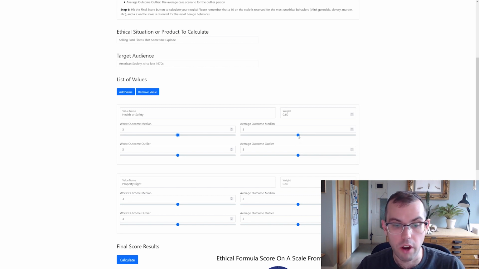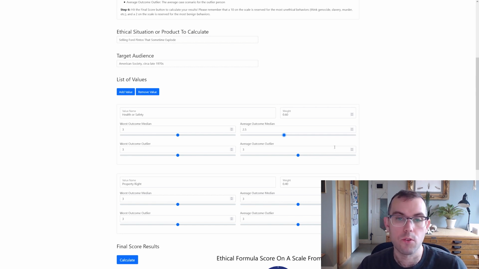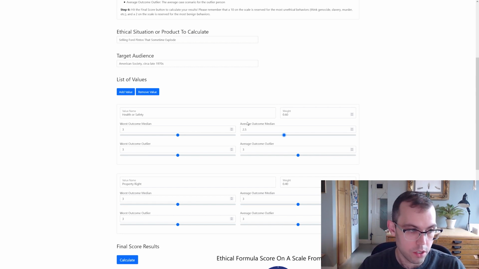They got in a car crash. I think they weren't the safest cars ever, but for most people, they were basically as safe or as unsafe as the average other car. So I'm going to say the average outcome is about 2.5. They could have done a little bit better to make the car safe, but it's not particularly that bad for the average outcome of the average user of the Ford Pinto.